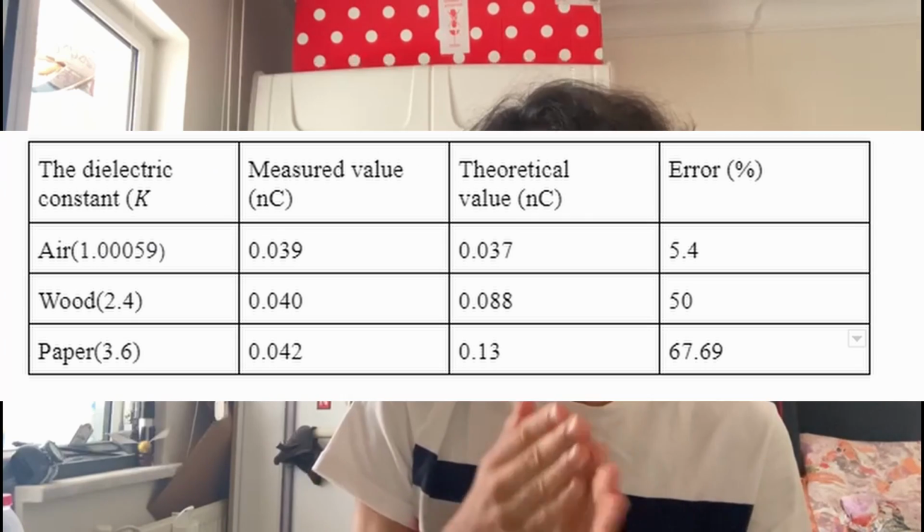In each table, there's an error. This can be caused by many things. For example, the multimeter's connection point to the capacitor can be damaged. The multimeter can measure wrongly, and the multimeter's calibration can be wrong as well. Another example is that the final experiment should be conducted in a vacuum. However, the experiment was conducted in a room where air goes between the capacitors, and that can affect the dielectric